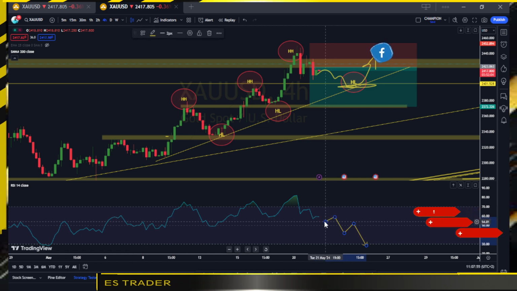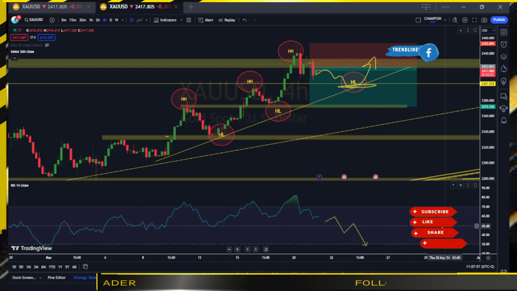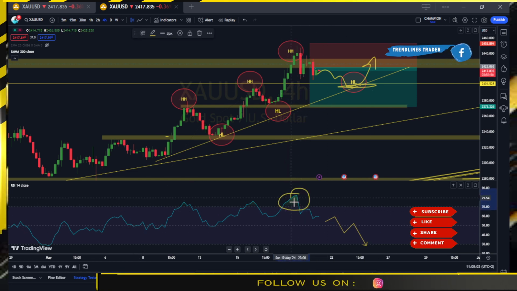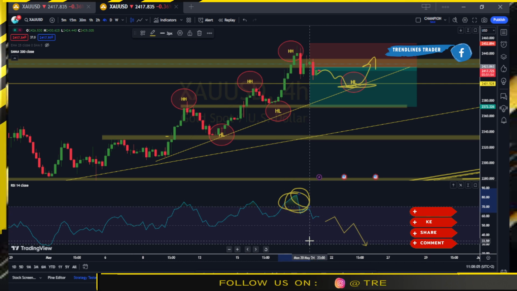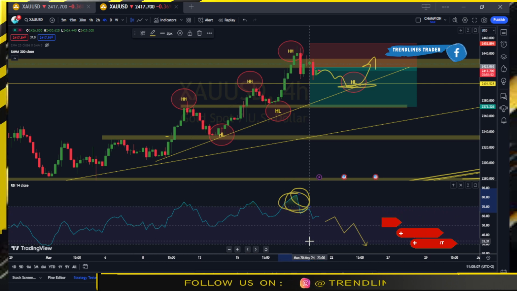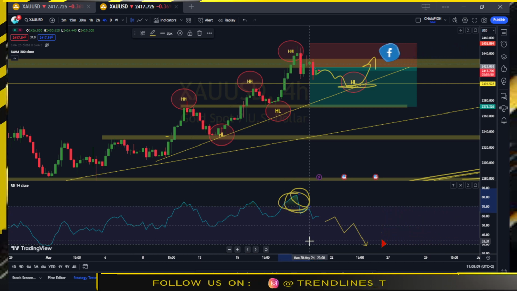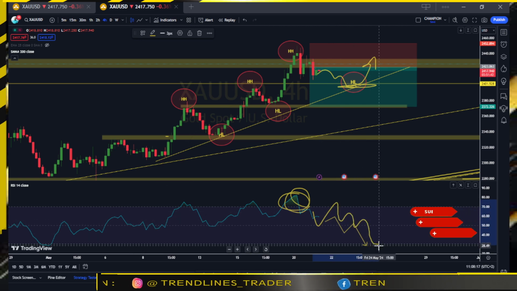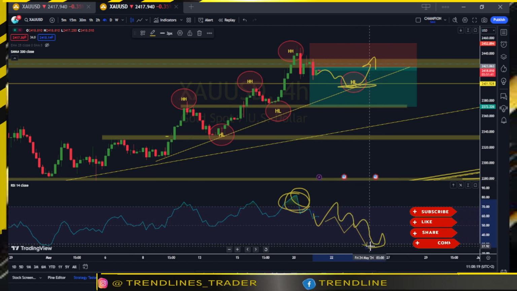Anyway, we could have something like this. Since our indicator was at the overbought level, we can now witness the price pushing towards the downside